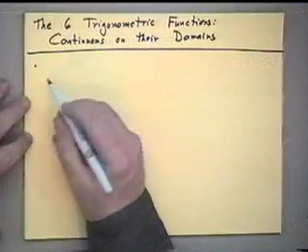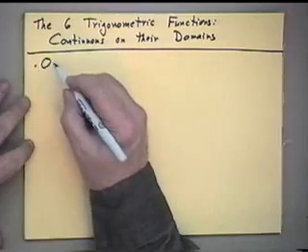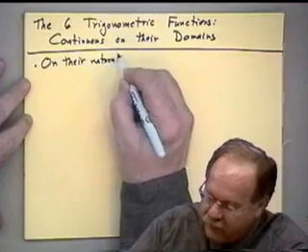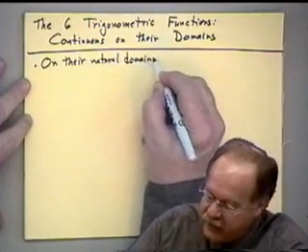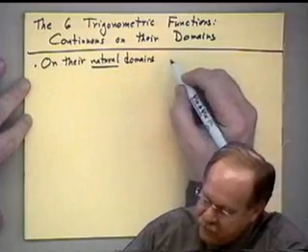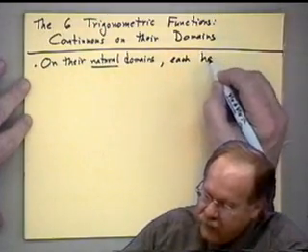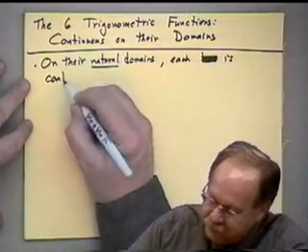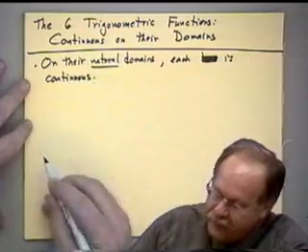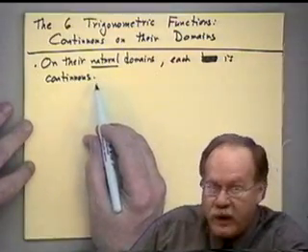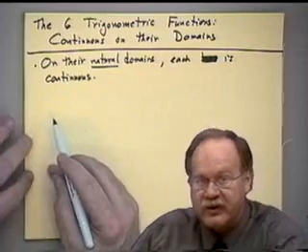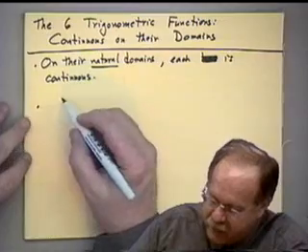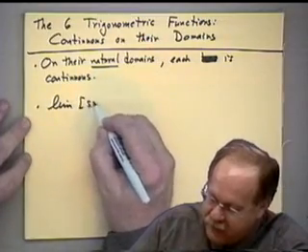Now, I will not prove these. I will just indicate what's happening here. But on their natural domains, the trig functions, as many functions have a natural domain, each function is continuous. Now, this may make you wonder, because you know that some of the trig functions have gaps in their graphs. Well, let's explain. For example, let us go ahead and look at the sine function